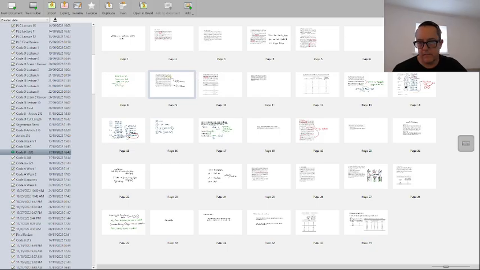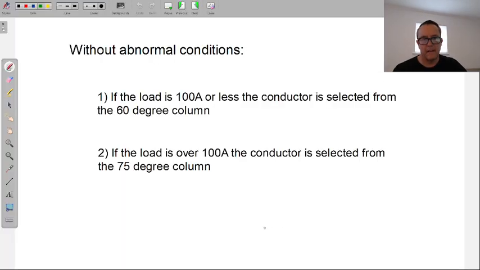Too many classes. I think it is 310. Say that again? I think it is 310. Is it out of 310 specifically? Okay, all right. 310.16, the table. Well, I have 100 amps or less and 100 amps over written right there on that. Great, okay, great. So maybe it is coming out of 310. It's just confusing me as to where we're getting that.